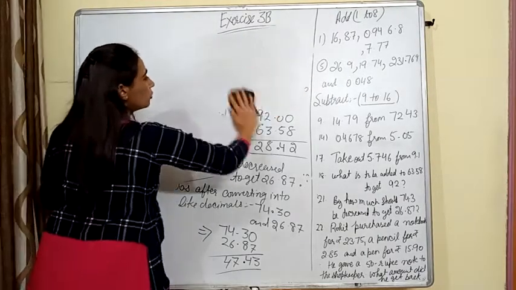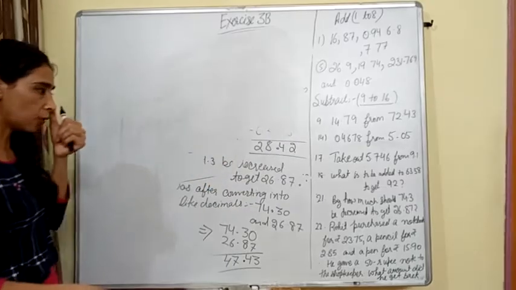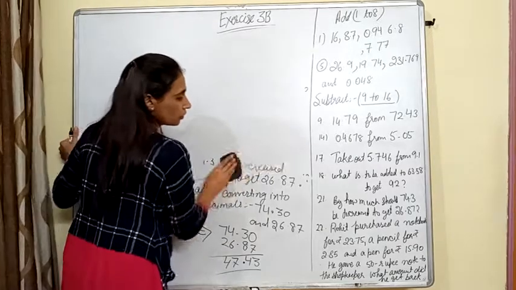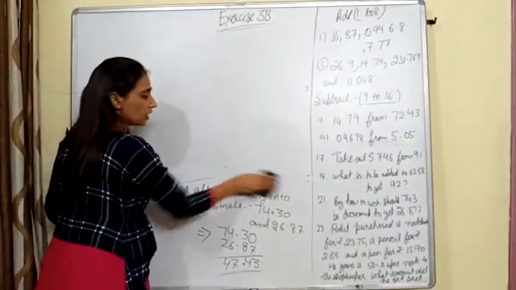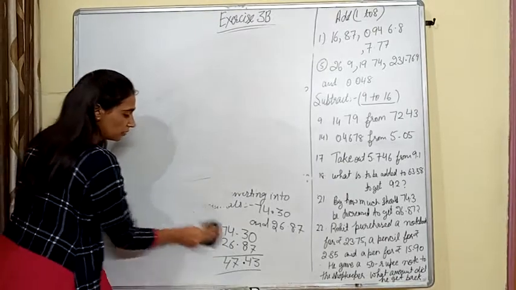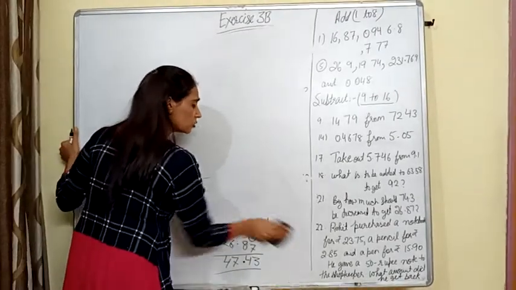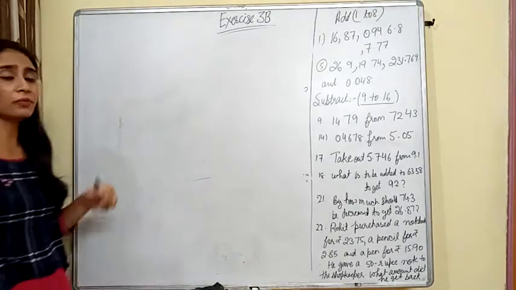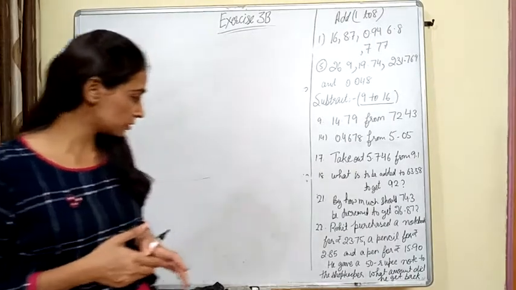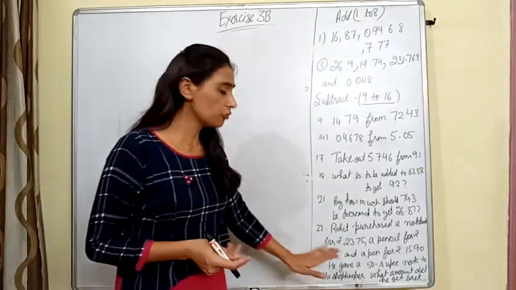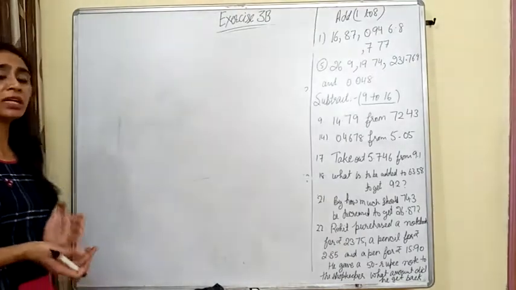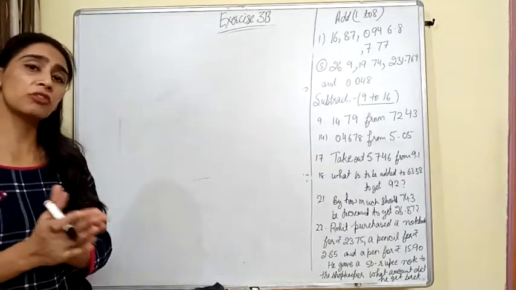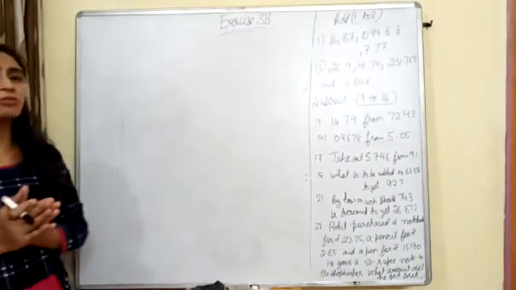In question number 22, what do we have to do? Rohit purchased some articles. Articles are given to us, and the cost of those articles is also given to us. First, we will write the cost of articles. Then he gave 50 rupees to the shopkeeper. What will he get back? We have to tell this: after purchasing all the articles, he is giving 50 rupees, so how much money will he get back?